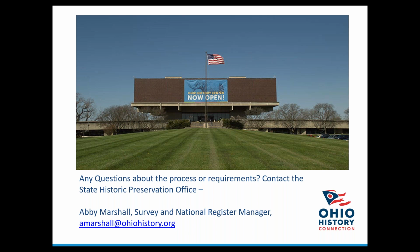Newspapers, online newspaper archives are great, local libraries, Sanborn maps, a lot of them, actually. If you're looking in Ohio, Kent State has a great collection of Sanborn maps online. If you want to go to Ohio History Connection, our archives, we have a lot of county histories and city directories. For historic photos, I would say going to local libraries or